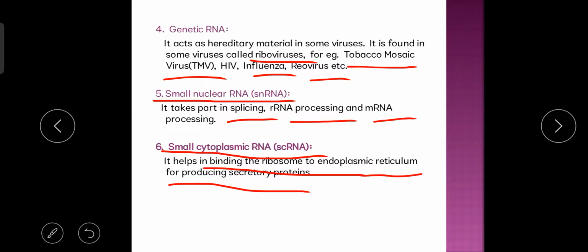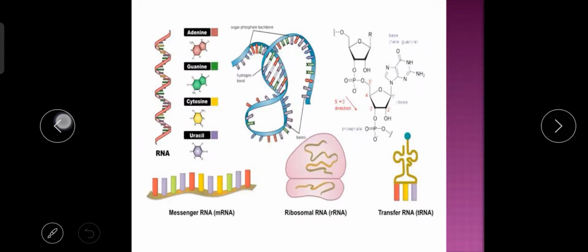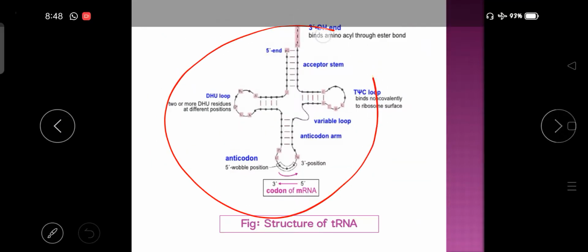So always remember the different types of non-genetic RNA and their function along with the diagram of the transfer RNA. Very important point: the structure of transfer RNA is very important. Remember which are the modified nitrogenous bases of nucleotide in transfer RNA, and how many arms are present in the transfer RNA. These are very important. But this fifth and sixth number, these two are not too important for your exam. So remember only the structure of this transfer RNA.